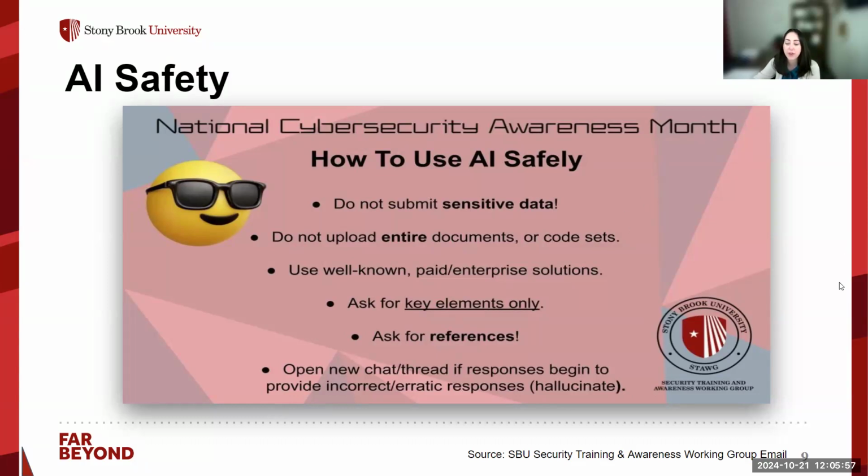So just be wary of that, and then know that AI is still sort of sorting itself out. So you may get to enter a prompt where the responses don't really make sense anymore. The AI does hallucinate. So if that happens, I would recommend closing out of that thread and starting over with